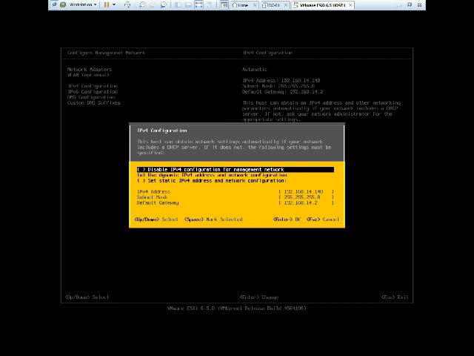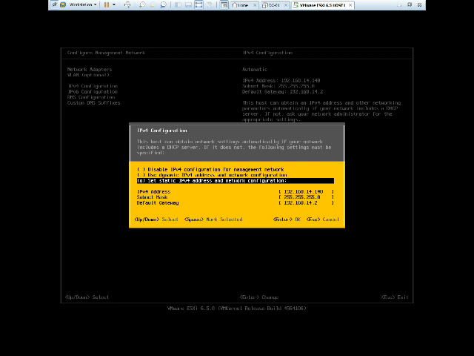Even if you have DHCP, you always have to remember to set a static IP on your server, no matter whether it is a VMware server or any Windows based server. Always make sure you set the static IP so it won't change after its timestamp expires. To set the static IP, just come down, press space, and set it here. If you want to keep the same IP, you can leave it as it is, or if you want to change it, you can change it from here.